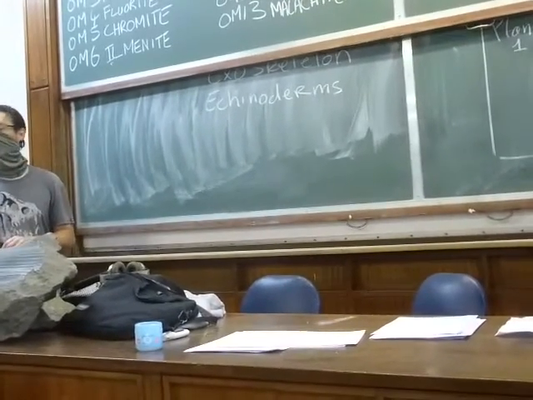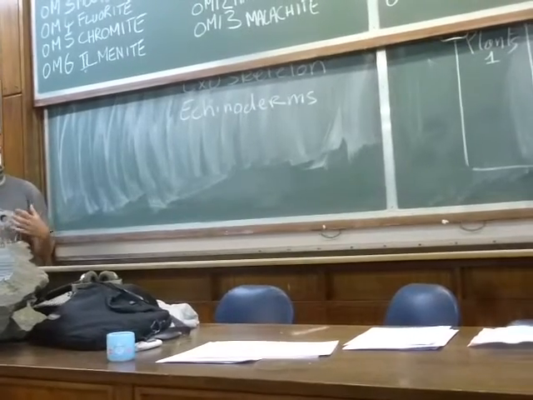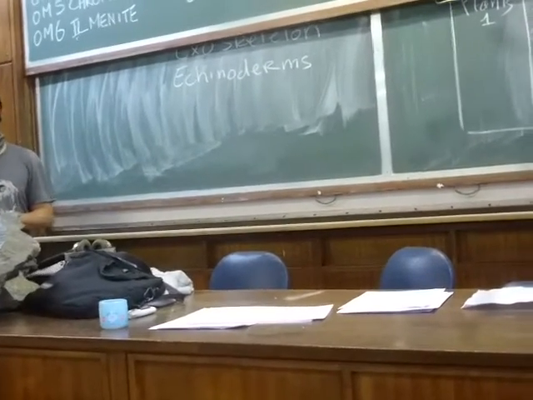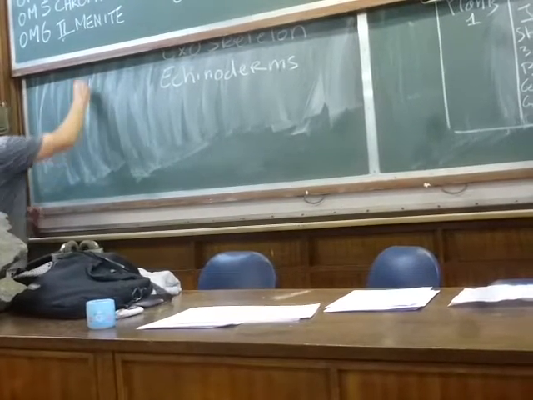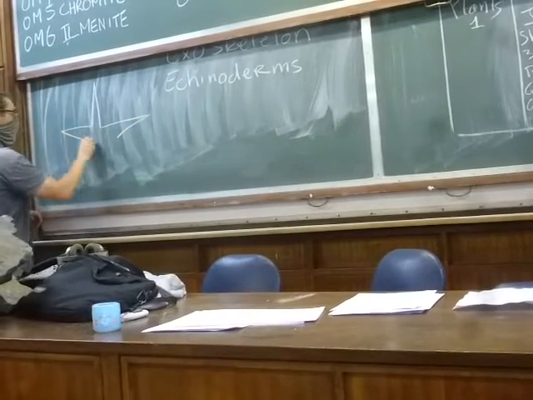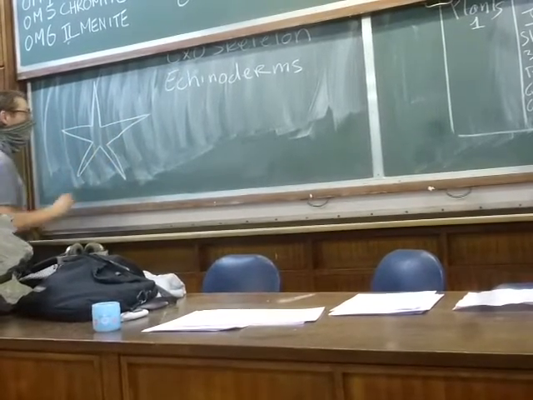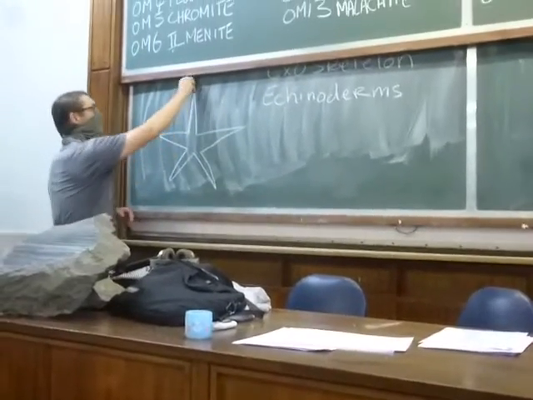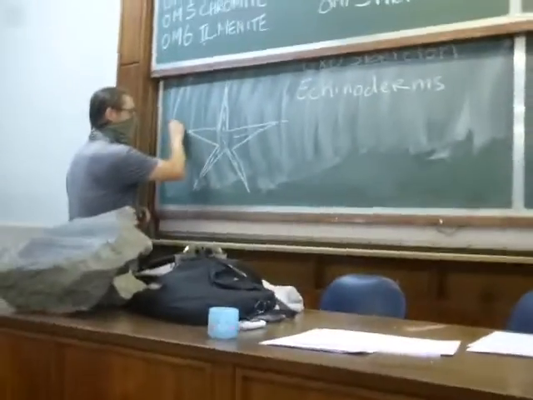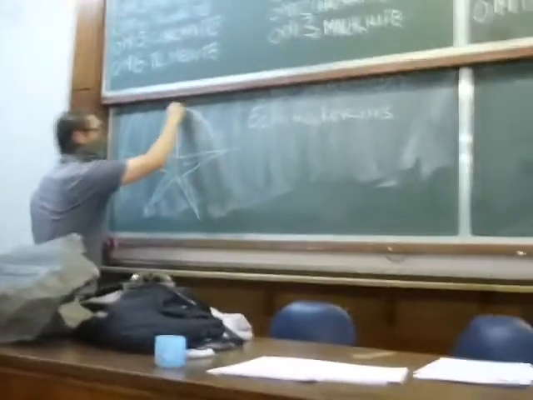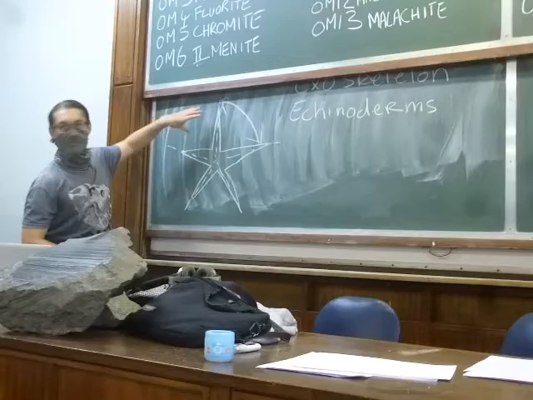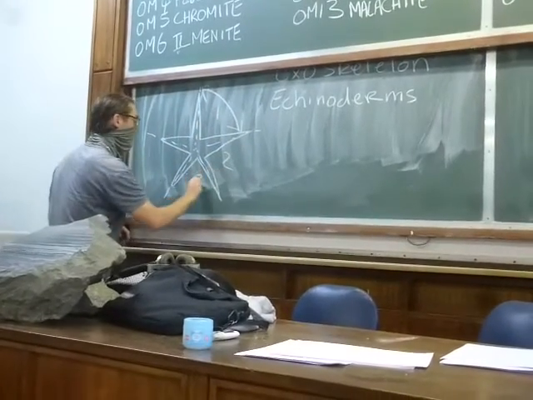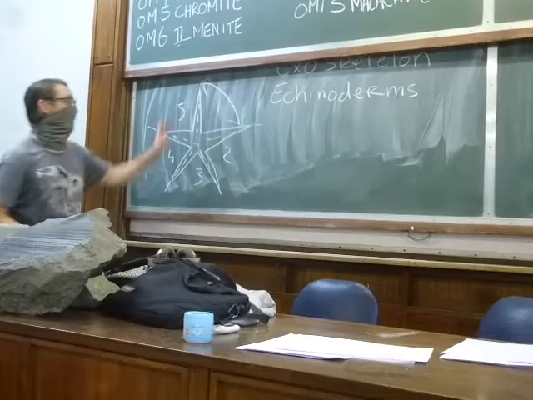That group has a very fun, unusual body plan, if I may say. So if you look at the starfish, it's organized like this. And you can see that the starfish can be divided in 5, like this. And a starfish is basically a repetition of the same thing 5 times. 1, 2, 3, 4, 5.